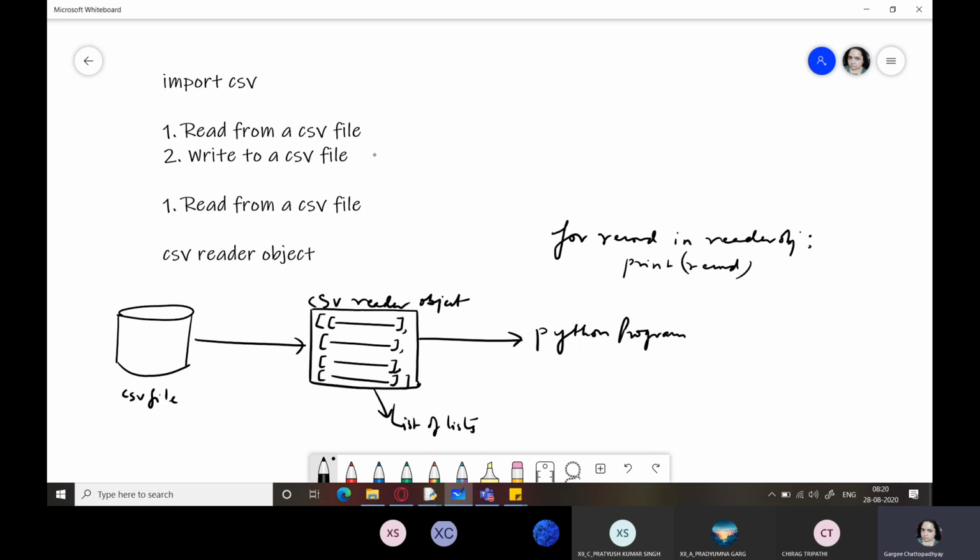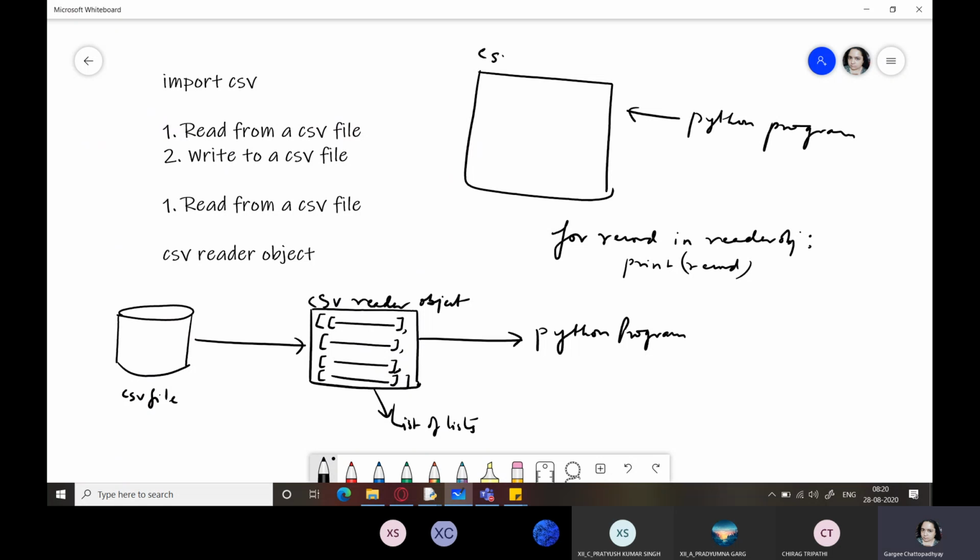And similarly for writing to a file also, you create your Python program. It creates a CSV writer object, and within this object also everything would be written in the form of a list of lists.